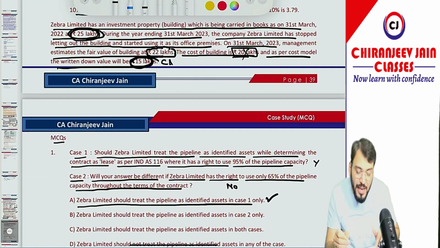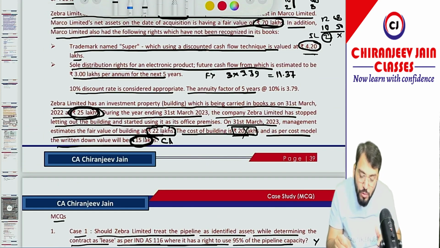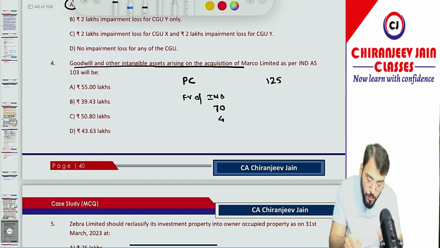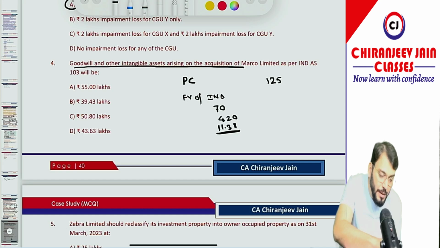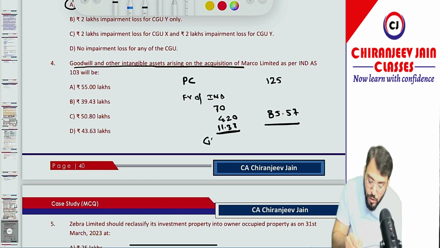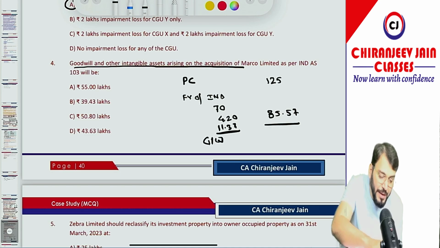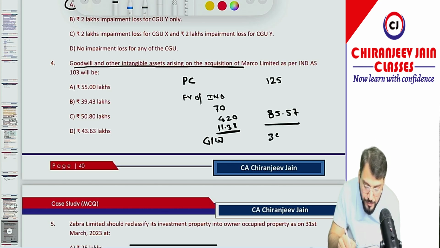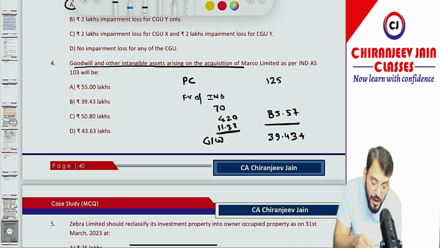There were two intangible assets also acquired. One was 4.20 and one was 11.37. Total becomes how much? 70 plus 4.2 plus 11.37. It is given 85.57. Correct. So what will be goodwill? It is 125 minus 85.57, equal to what? 39.43. So goodwill is this much, and you need to add intangible asset because they have asked goodwill and other